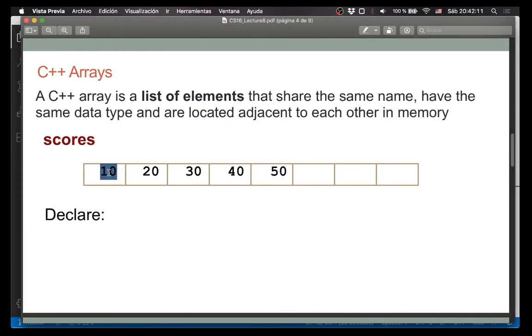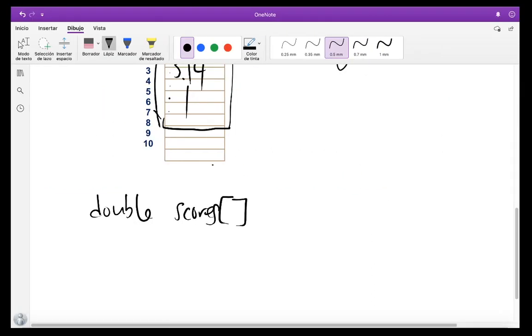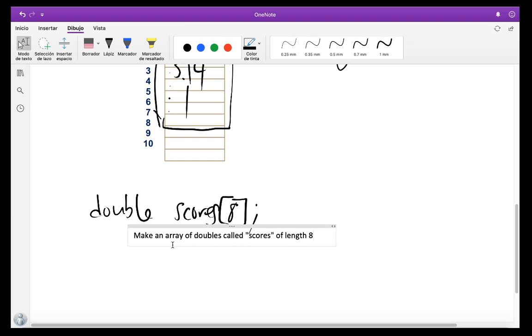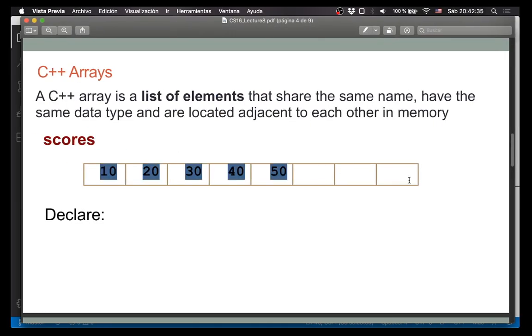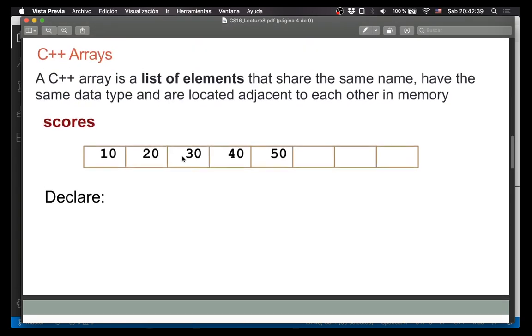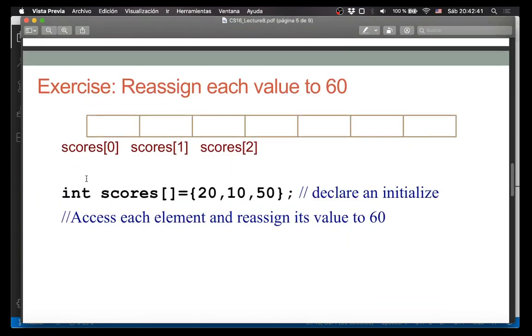And let's say we wanted our scores array to have 1, 2, 3, 4, 5, 6, 7, 8 things in them. We could say it like this. So this is going to make an array called scores, an array of doubles called scores of length 8. Okay? So that'll make exactly this in memory, but these will all be undeclared. All the things inside it will be undeclared, undefined. So this is just the declaration of the scores